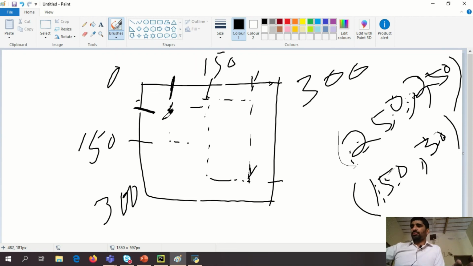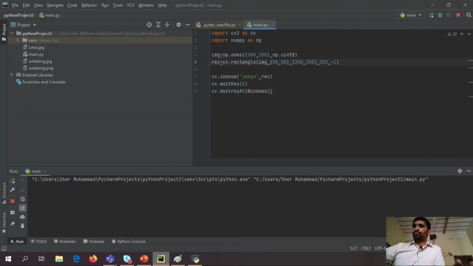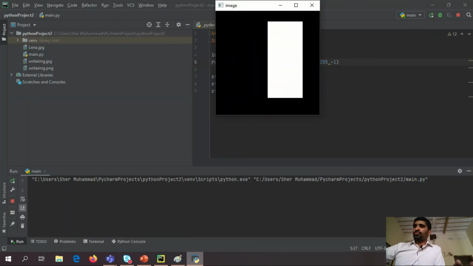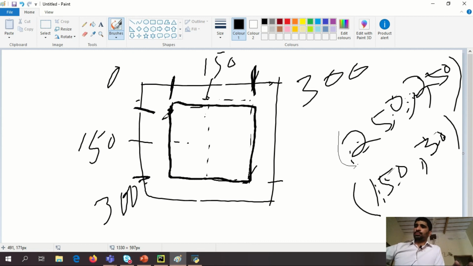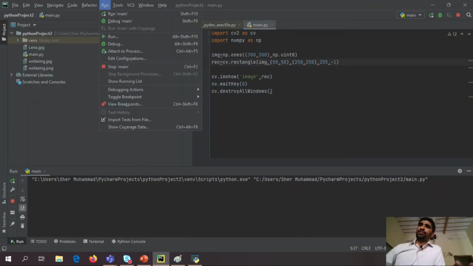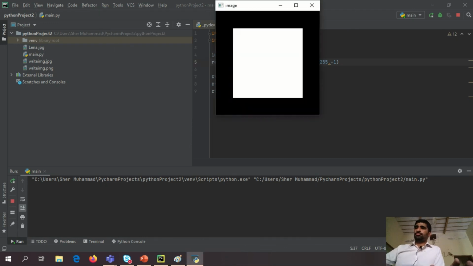My second point basically is 250, 250. One 250 is here and the second 250 is here. If we say 250 here, our rectangle is made like this. So we just want to see, this is